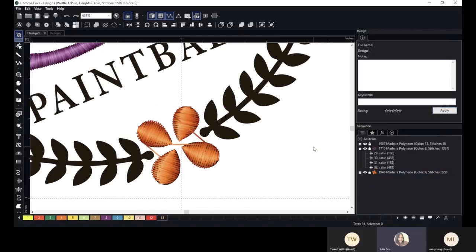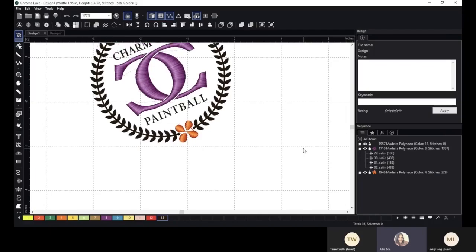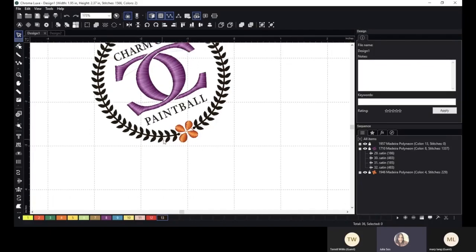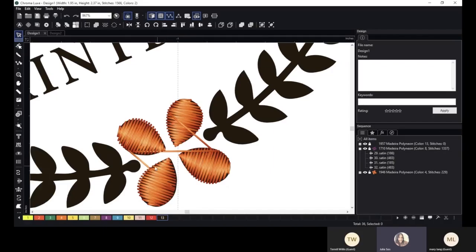But we also want to make our machine a lot more efficient and quick. And so since these are so small, why don't we just have the jump stitch go from one point to the next? And we might have just a little tiny X in the middle, which we could still always trim after. The way that we're going to change the jump stitch is we're going to change our start and